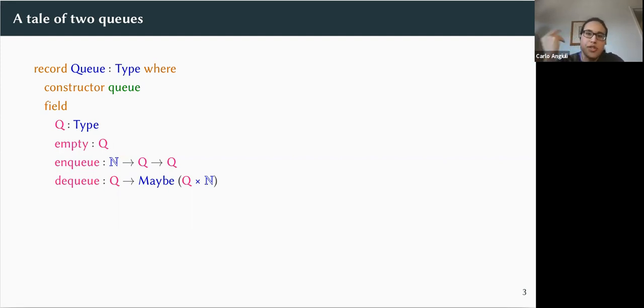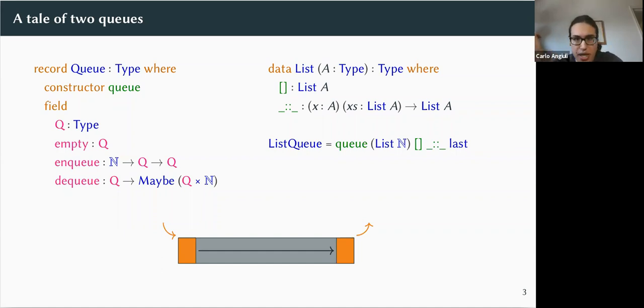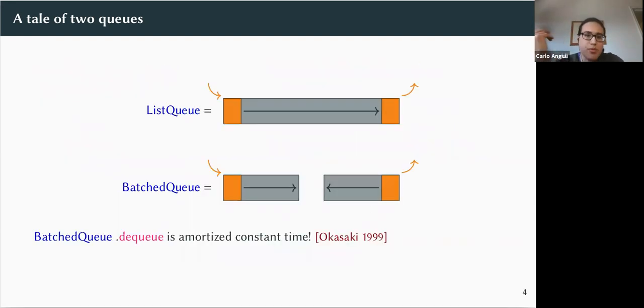Okay, so there's a very simple way to implement a queue, and that's using a list. So you can say that the empty queue is the empty list, and queuing is just the same as cons. And to dequeue, you have to take the last element off of the list. So here I have a picture at the bottom where the arrow is indicating the direction that the list is facing. You're enqueuing on the front, and you're dequeuing off the back. The problem with that representation is that dequeue is very inefficient, because to write this last function, you have to process the entire list, recur down it until you find the last element of the list,